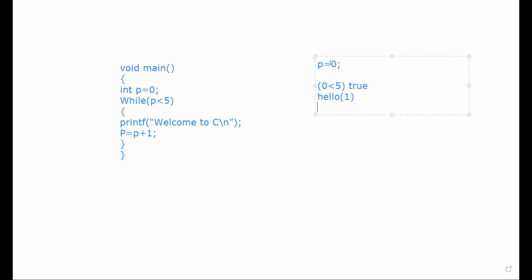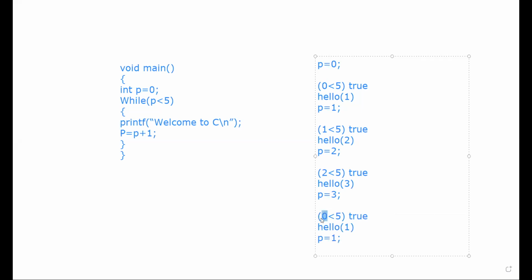Then it will increment P and it will be 1. Again it is true. It will print twice and the value of P will become 2. Hello will be printed thrice, and the value of P will be incremented to 3.